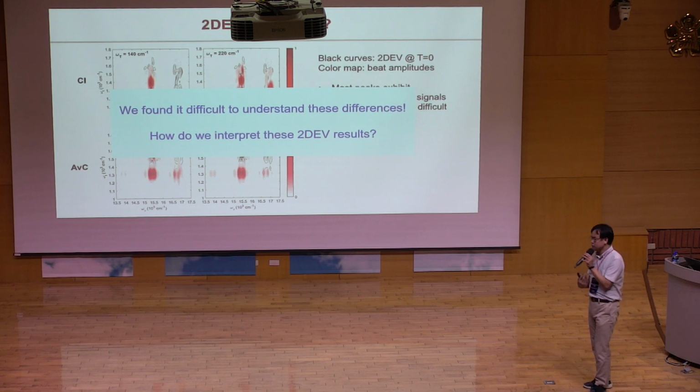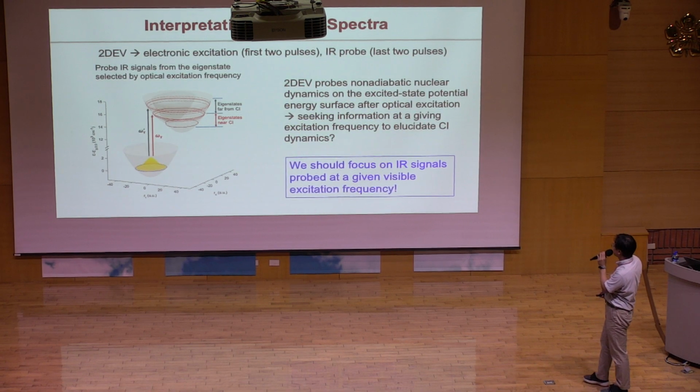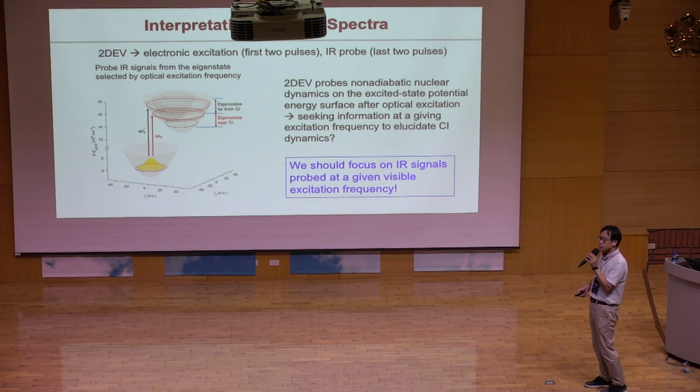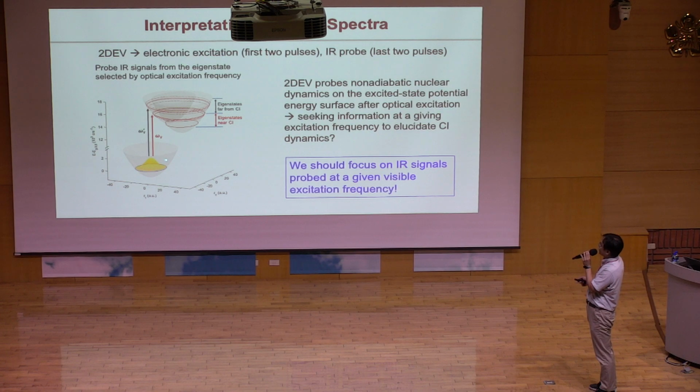So the question we ask is, how do we look at these 2DEV results? And our proposal is, we should focus on the IR signal probed at a given visible excitation frequency. So the concept is this. To look at this quantum dynamics in the excited state manifold, you should look at a specific excitation and look at how vibrational dynamics propagates on this excited state potential surface. And this can be resolved in a 2DEV signal by specifically looking at some initial pump frequency, okay, and generating a two-dimensional map of